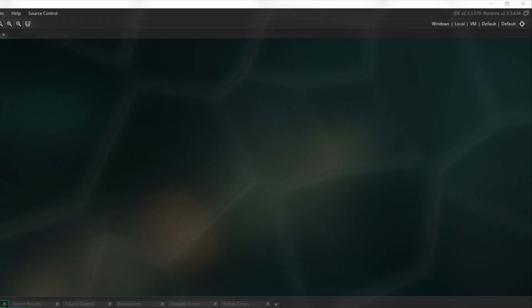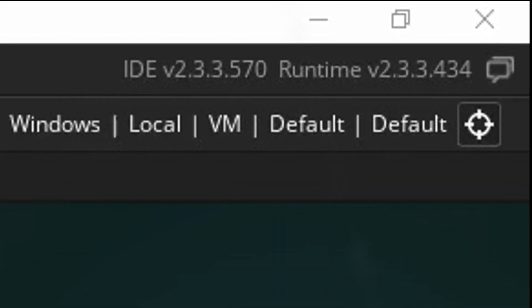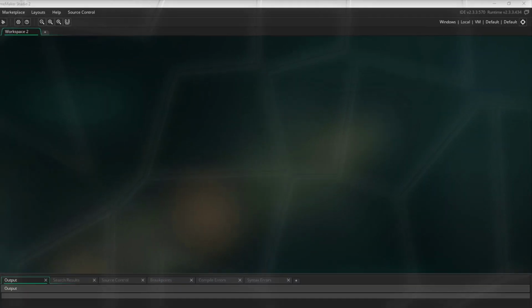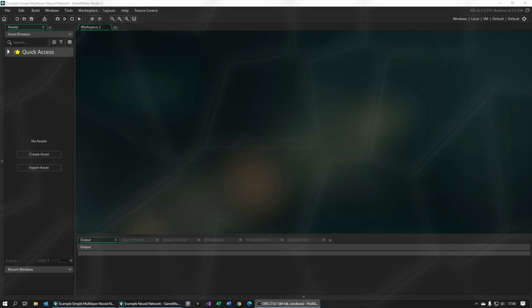In these videos, I will be using the latest stable version of GameMaker Studio 2, which is currently 2.3.3. But this should work in any 2.3 version. If you are using 2.2 or earlier, it will be a bit harder to follow, but I think you can emulate the structure and methods with instances and user-defined events.